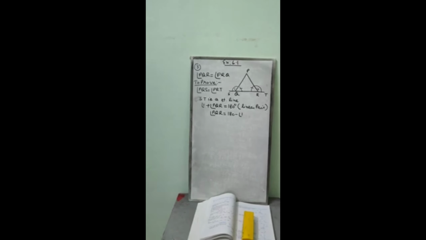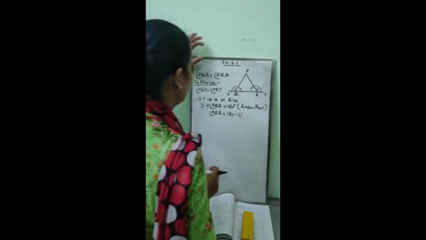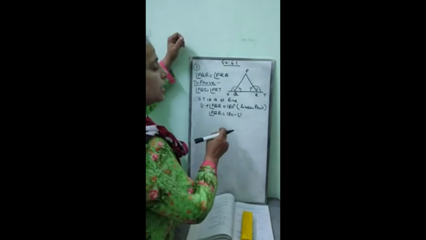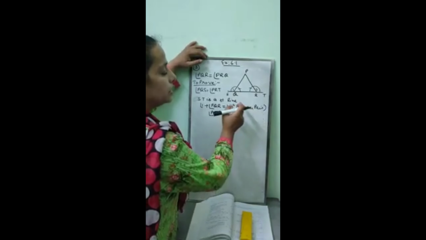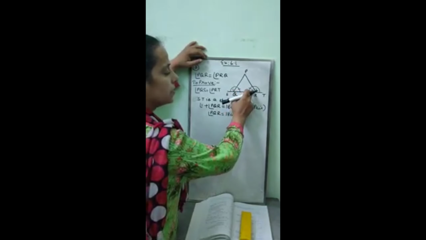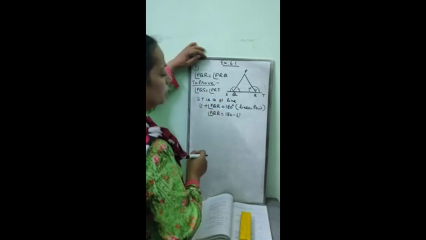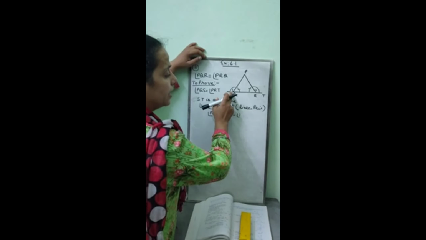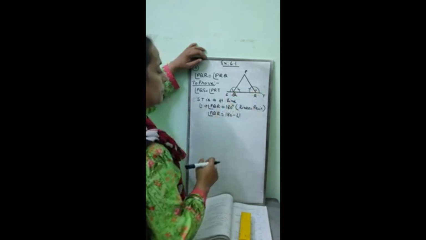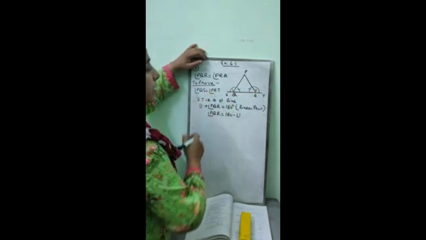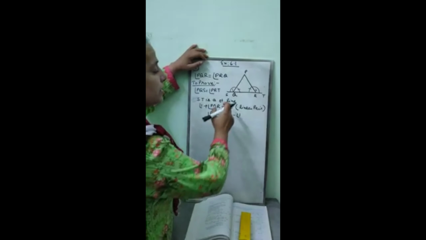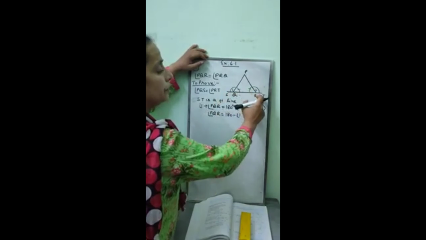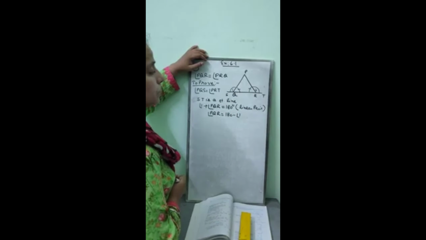Yes, students, today we are going to start with sum number 3. See, in sum number 3, he is saying this angle PQR is equal to angle PRQ. Our job is to see whether angle 1 is equal to angle 2 or not. Angle PQS is equal to angle PRT or not. I have marked angle PQS as angle 1, angle PRT as angle 2.